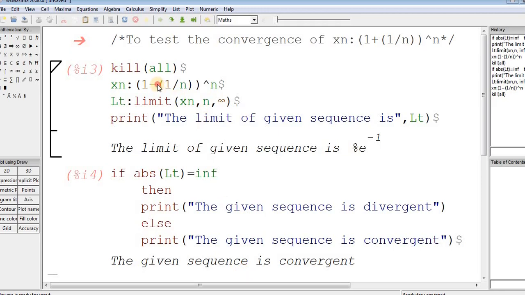So this is how we check the convergence of standard sequences. Just by changing the sequences here, you can check whether the given sequence is convergent or divergent. This is the program to check the convergence of standard sequences. There are four or five standard sequences, and just by changing this, you can check the convergence. This is the simplest program. Hope you understand, and try other standard sequences also.